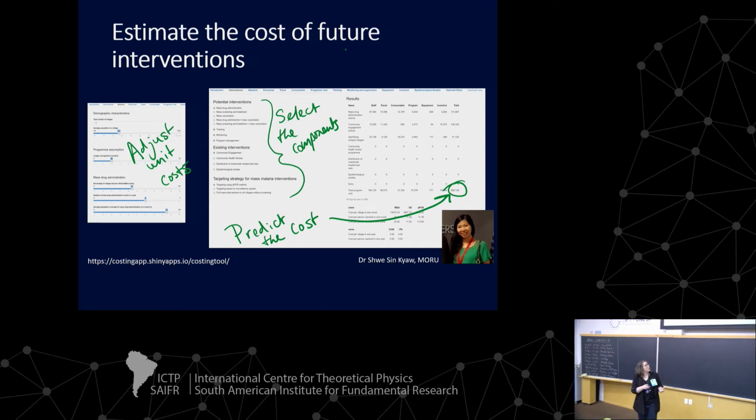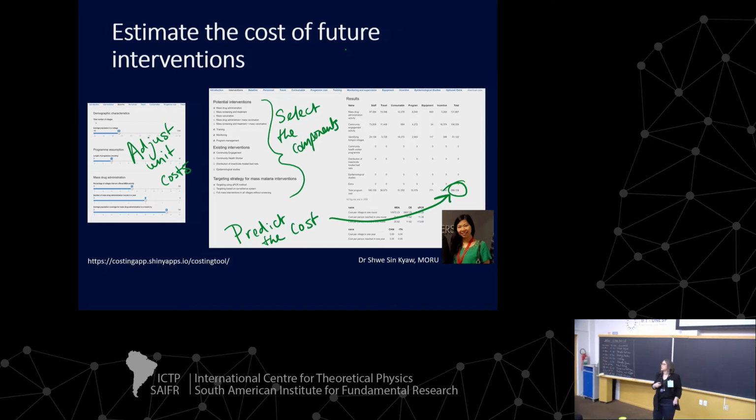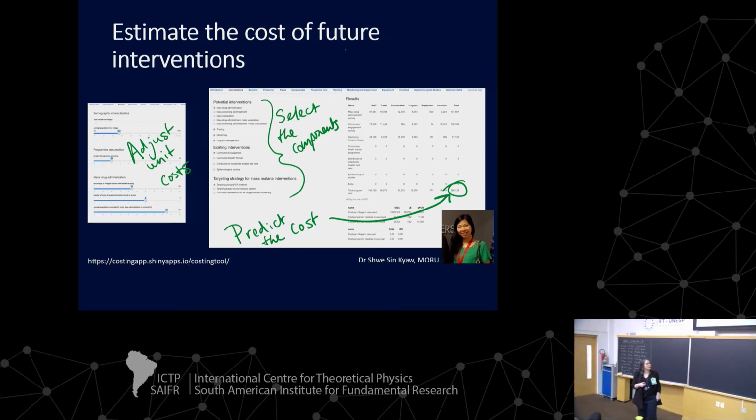So Shui Sin Chor, who is a PhD student of mine from Myanmar, has developed an ingredients-based costing model where she takes the financial data from a trial and breaks it all down in terms of the cost of the trial, and then you can build it back up again and choose which bits of that trial are going to be relevant for a programmatic rollout